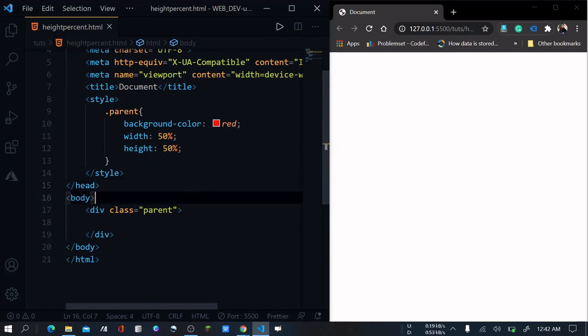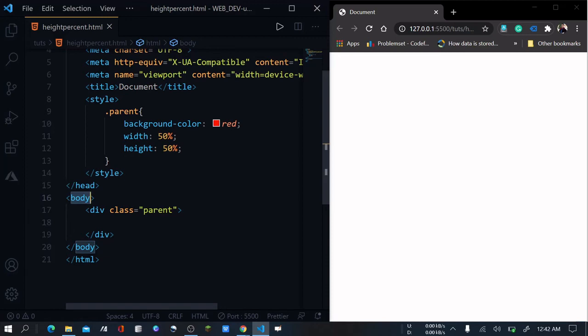And since the body has no height and no width, and one thing you must know is that the height of the body will change according to content if we don't set it explicitly. Meaning if we don't set the height of the body, it will increase according to the content.